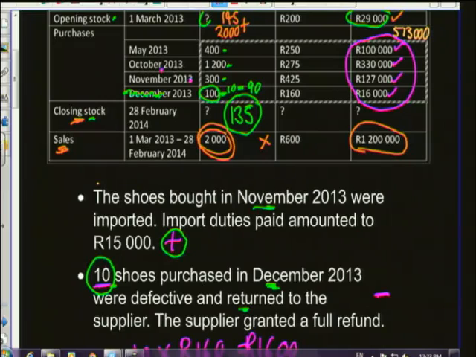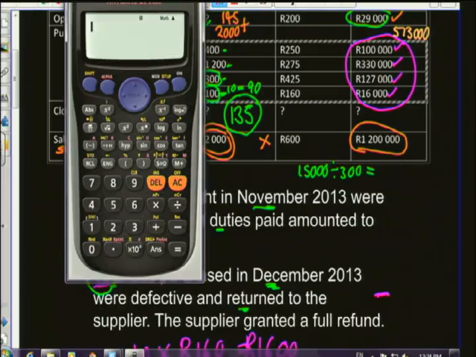So let's look at the import duties that were paid on each pair of shoes. If you look at the total that was paid, it was 15,000. Let's just write that down. So the total paid was 15,000. In the month of November, we purchased 300 pairs in total. So if we take the 15,000 and we divide this by 300, for each pair, the import duties amounted to